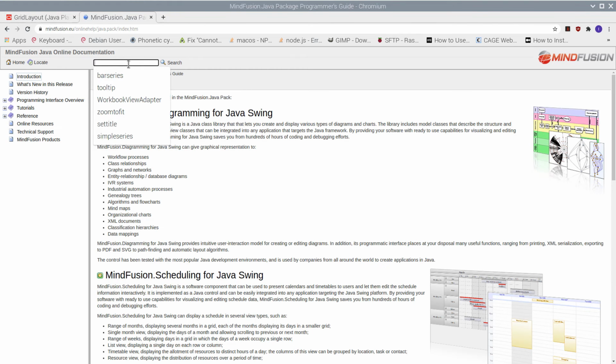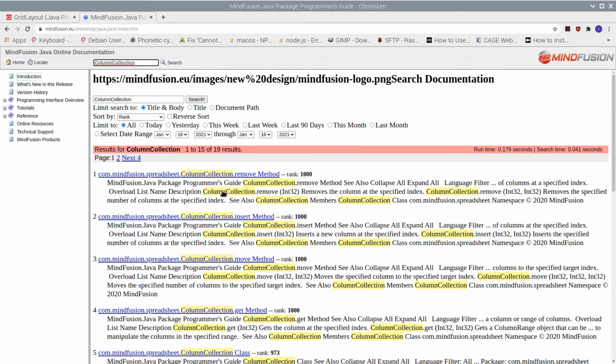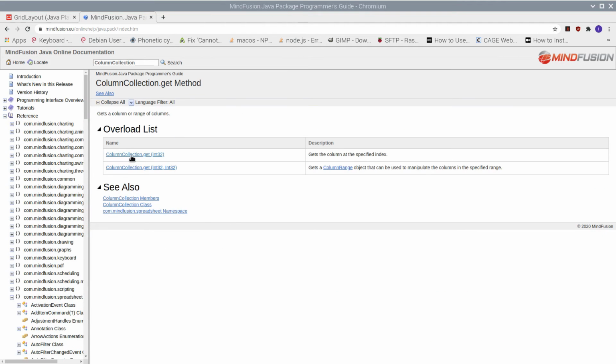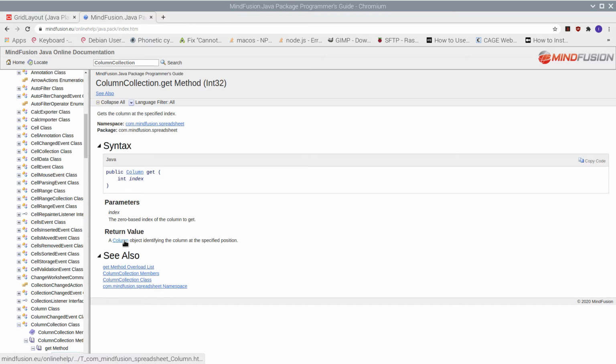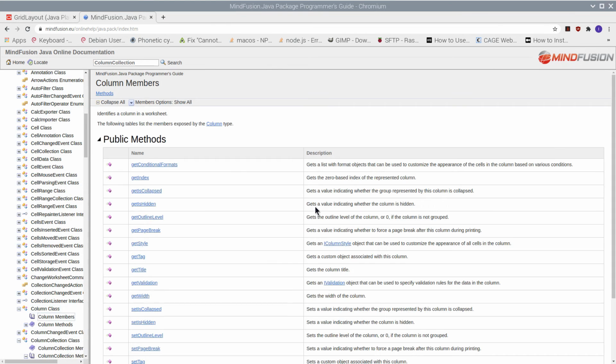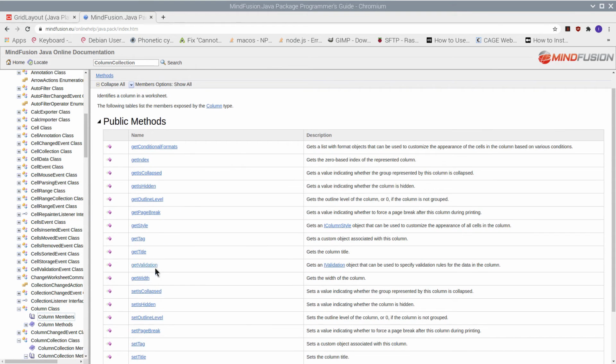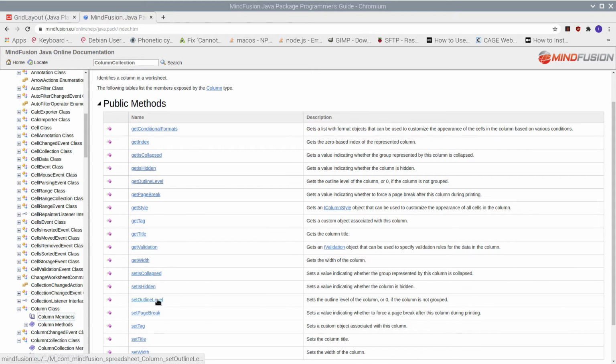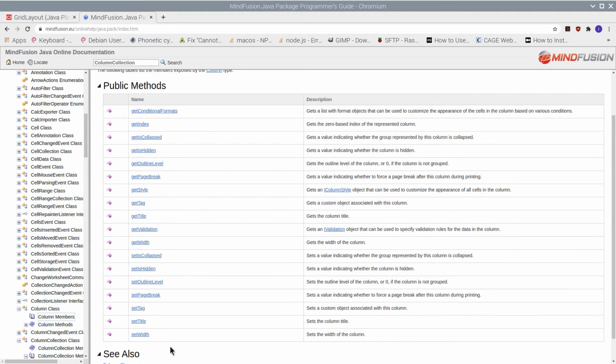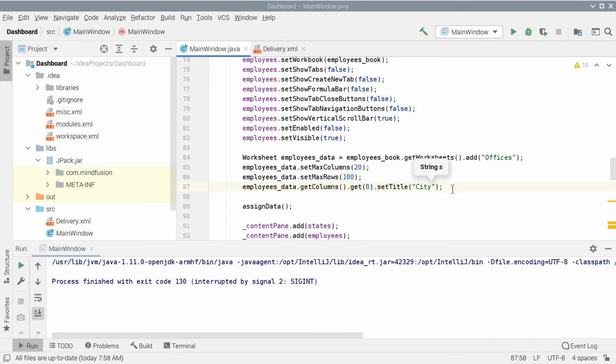Let's look at the column collection class in the online documentation. When we get a column of the collection, the column instance has lots of methods for customizing the column. We use setTitle to specify the name of the column.